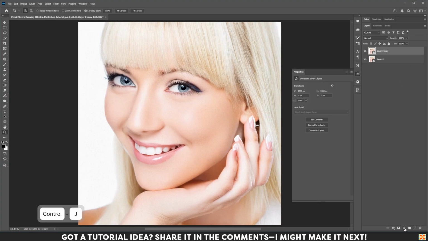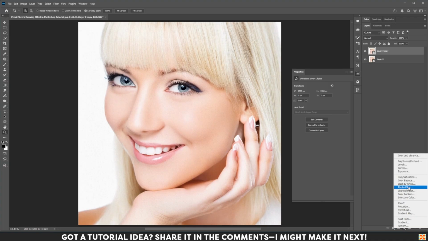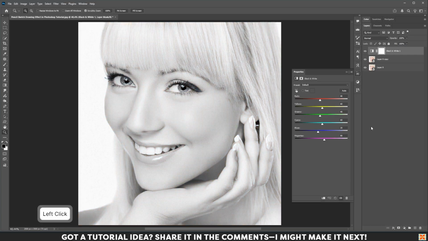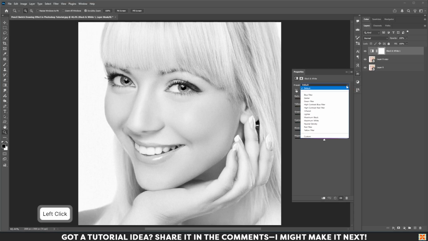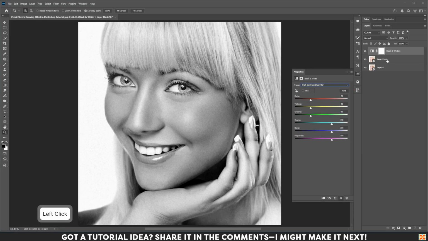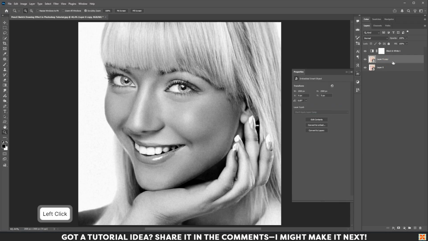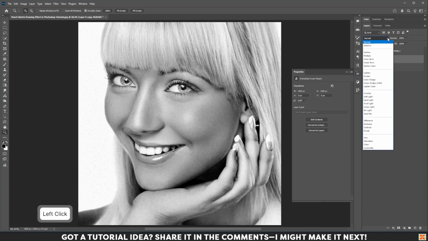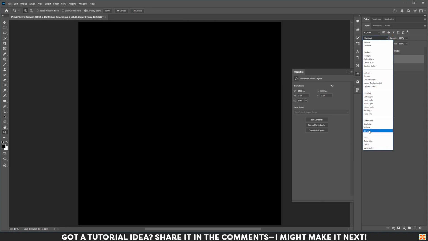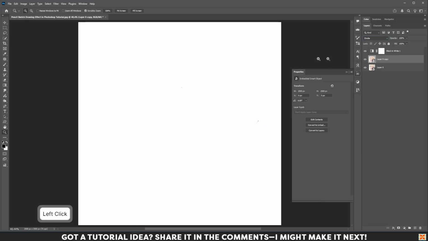and then use black and white, and in the black and white preset you can use high contrast blue filter, and then arrange the blend mode to divide, and then